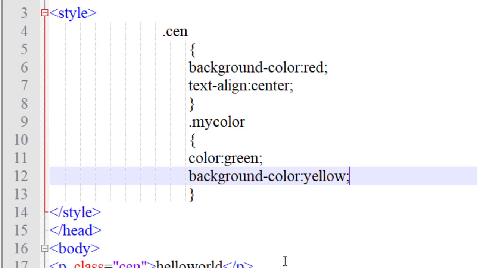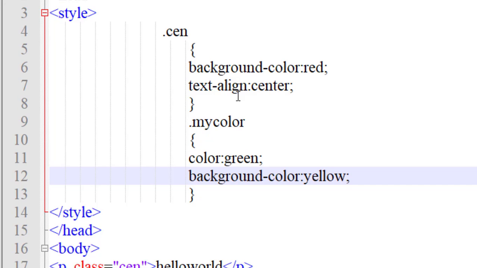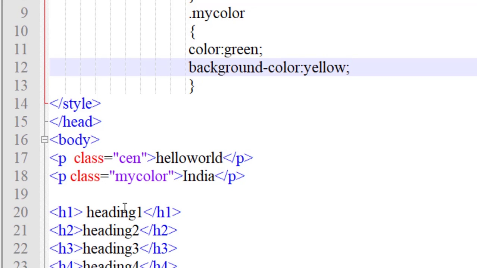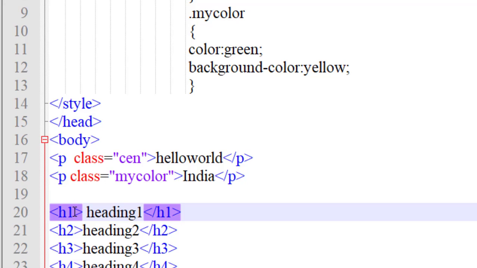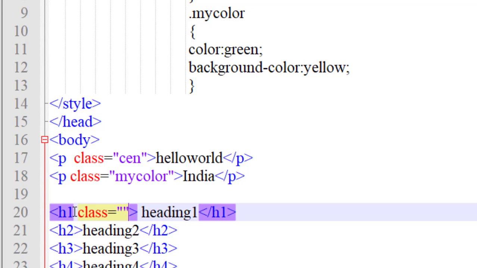Now you can see headings 1, 2, 3, 4 are in black color. I want the first heading in red color and in the center position. I want the same criteria: background color red and text aligned center for heading 1. That's why I will apply on the h1 class equals to, in double quotes, the style which we have already applied on the center class.